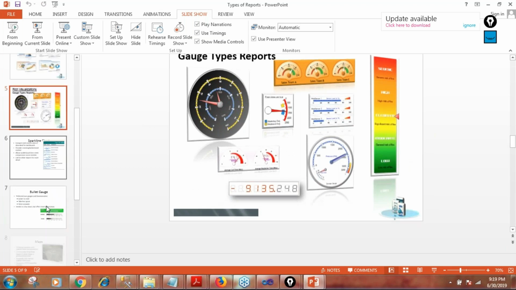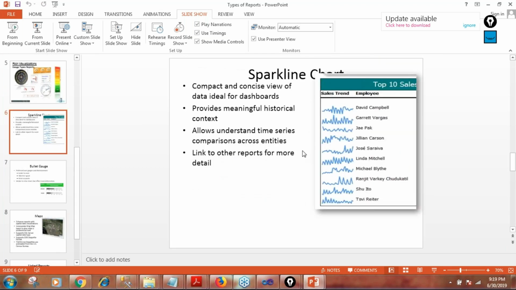This is a Sparkline report. You see this most of the time when cricket matches are going on. Like in the last 50 overs, what is the pattern of the runs scored by a specific country? Within an over, how many runs they have scored. They can show that using a Sparkline report.